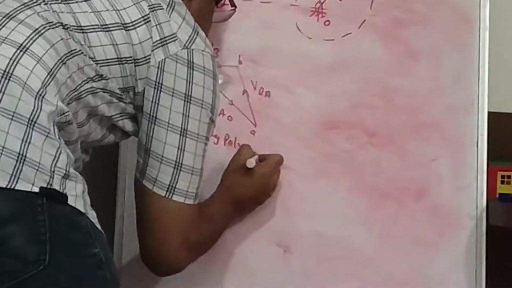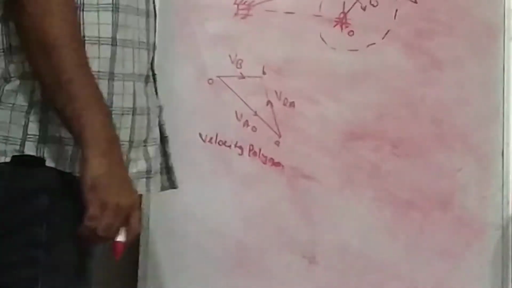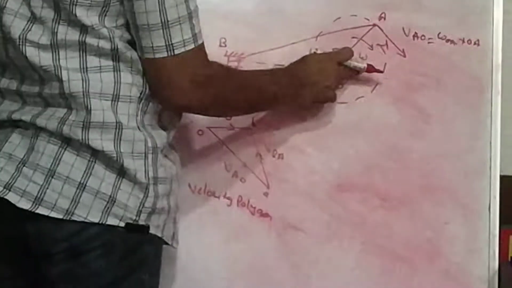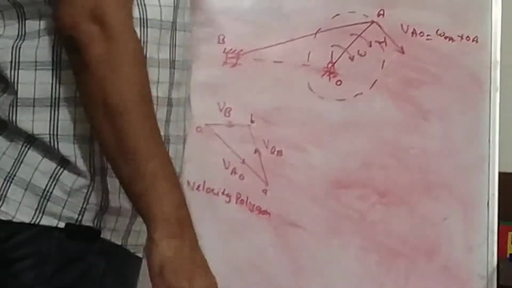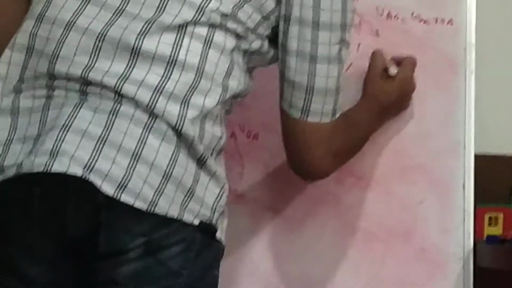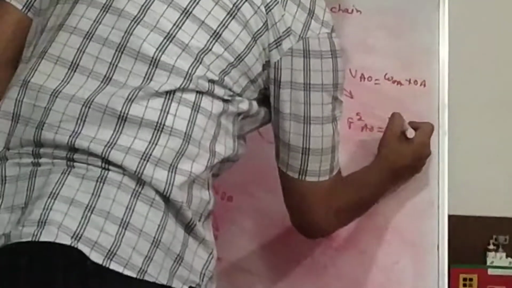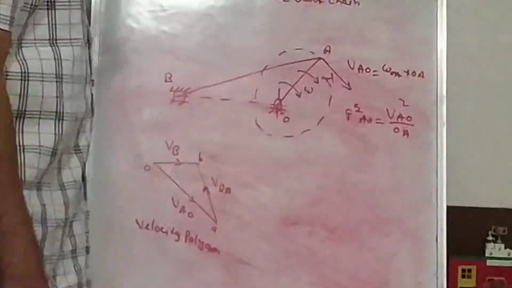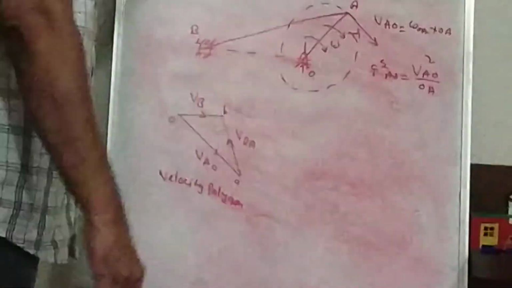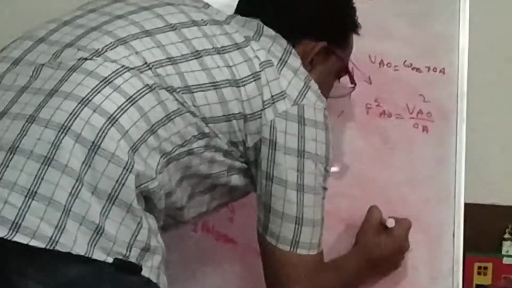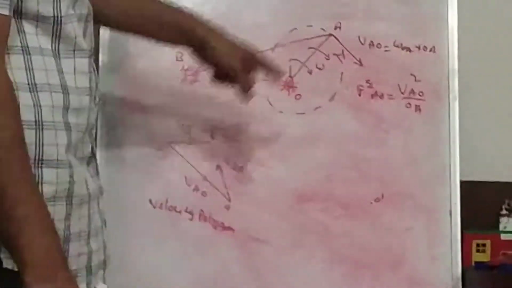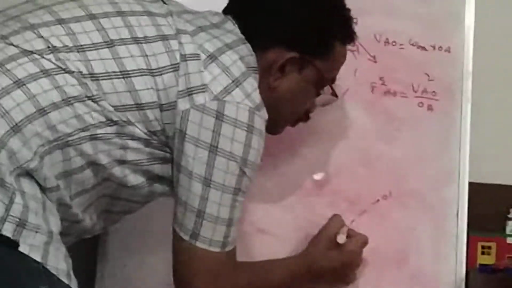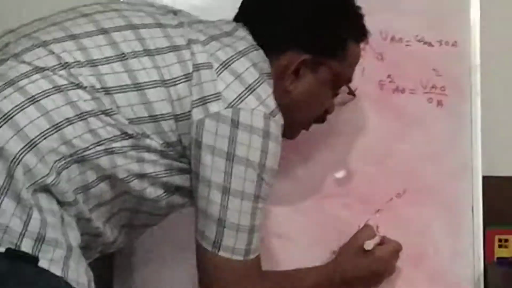Next, that is the acceleration diagram. Here we assume that link OA rotates with angular velocity omega and also angular acceleration alpha. So first we have to find out the radial component of acceleration of A with respect to O. That is velocity of A with respect to O, its square divided by length of link OA. Here the direction is towards the center, that is point O. So mark the position of point O dash and draw the vector parallel to link OA. That is O dash X, which represents the radial component of acceleration of A with respect to O.